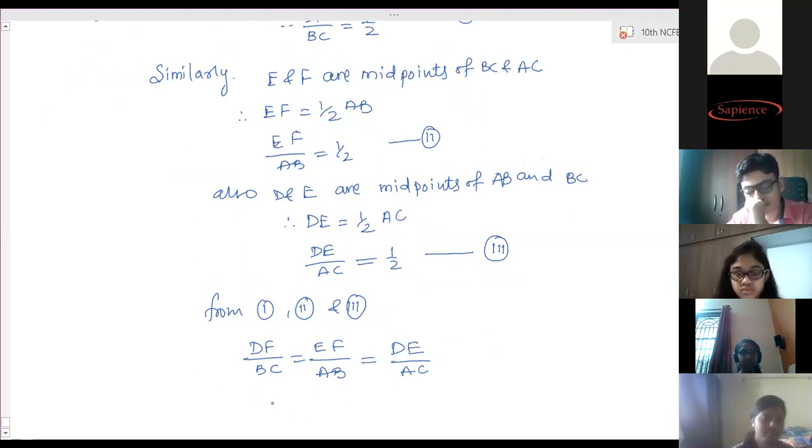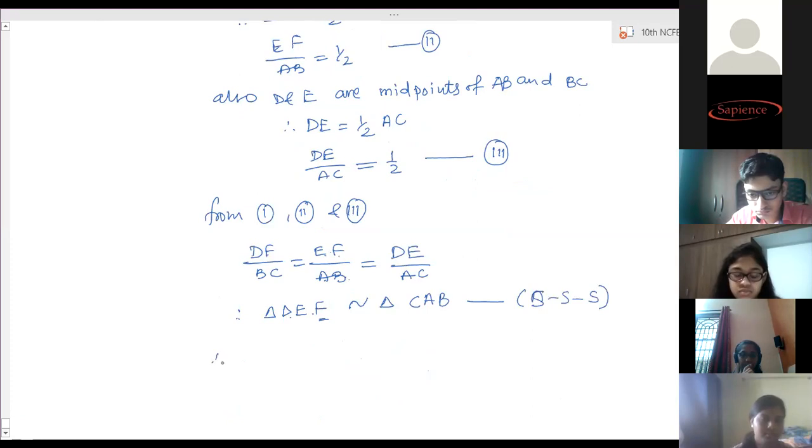So can we tell, therefore, triangle DEF is similar to triangle... Now writing the name. The common letter on top is F and here the common letter is B, so in place of F, B should come. EF is AB, so in place of EF, AB should come. Then CAB by SSS similarity.